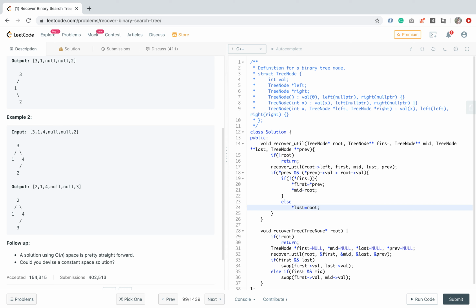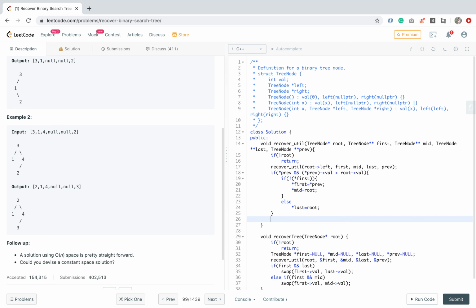Okay, now we have to set previous as root, so that in the next iteration of the in order traversal, previous will be just before the root element. So here we will set the previous as root.